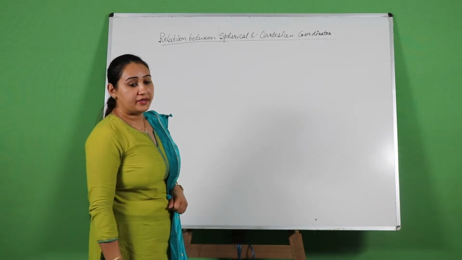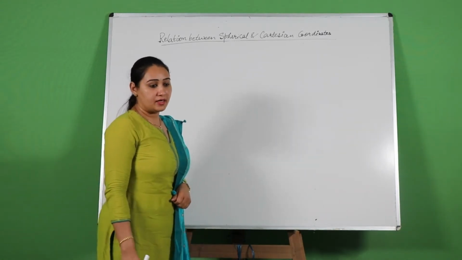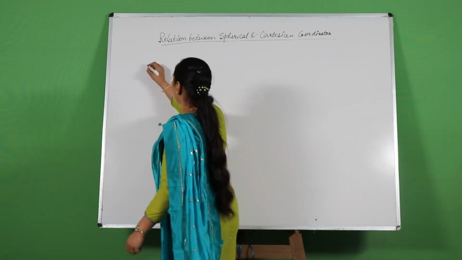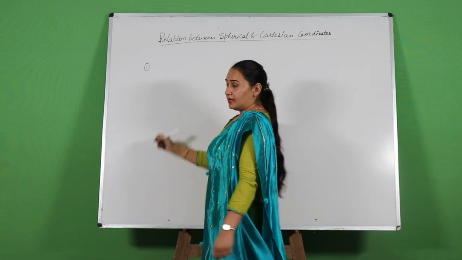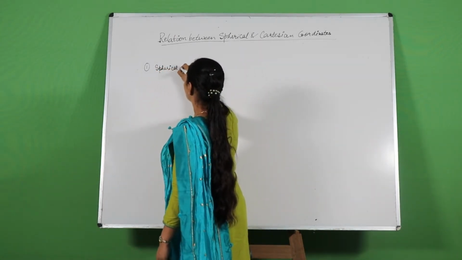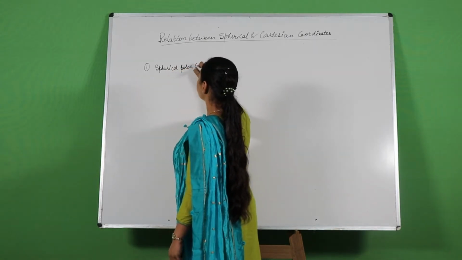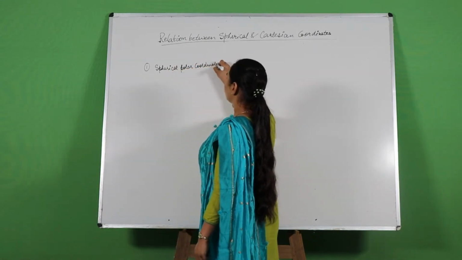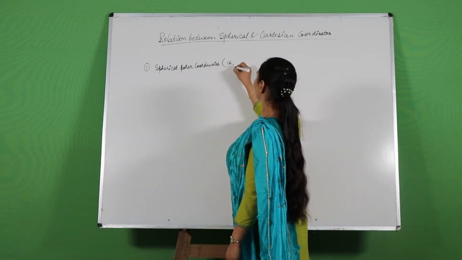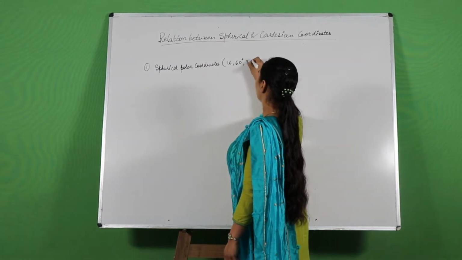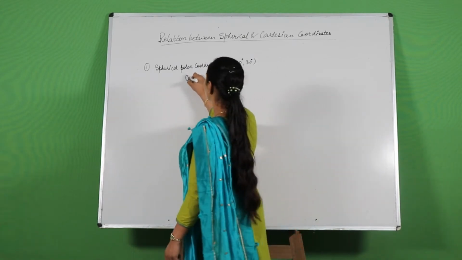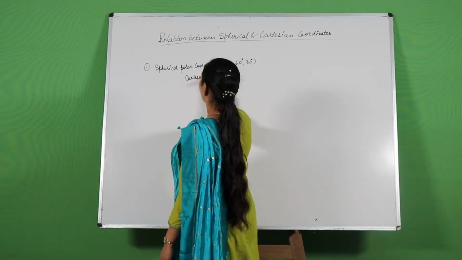So we can say that these three equations, number 2, 5 and 6, show the relationship between Cartesian and spherical polar coordinates. So after finding the relation between the spherical and Cartesian coordinates, we can solve some problems. Like the first problem is, if I am having spherical polar coordinates that are given, let us suppose they are 16, 60 degrees and 30 degrees, and I need to find its Cartesian coordinates.